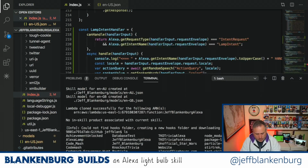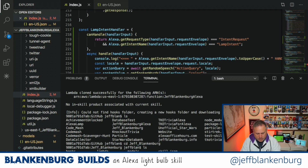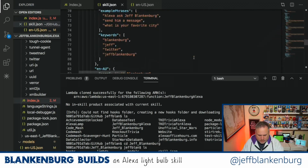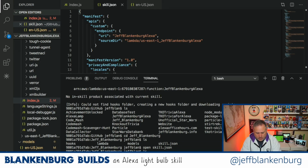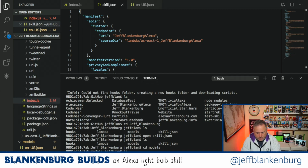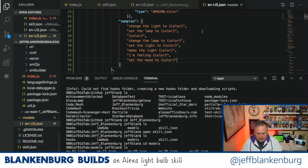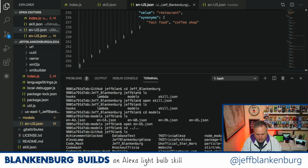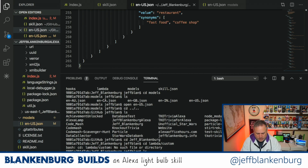So I think that's all good. Yeah, this looks like it's fine. So I should be able to do, let's see if I can just do this. So if I take this one and replace this one with that, and then CD lambda custom, nope, CD lambda,